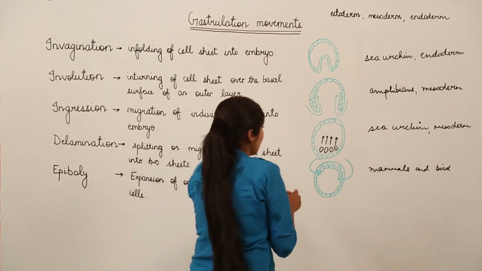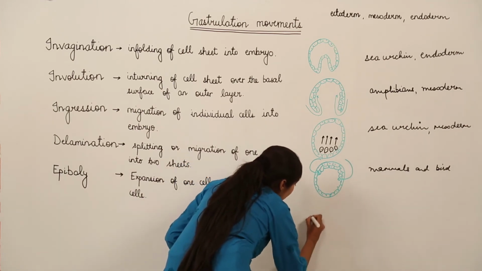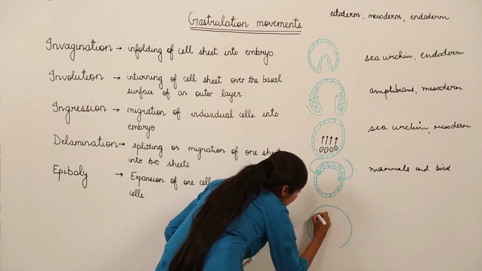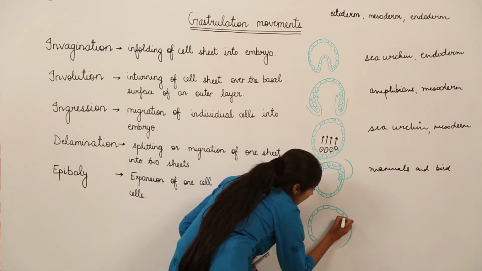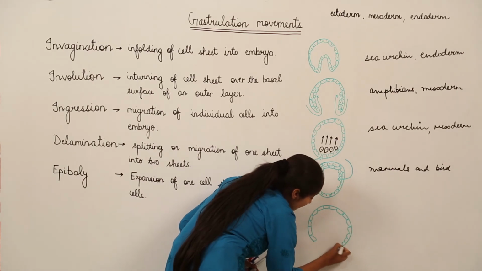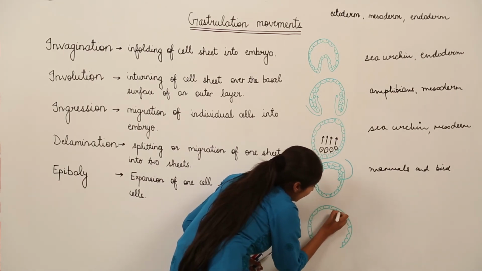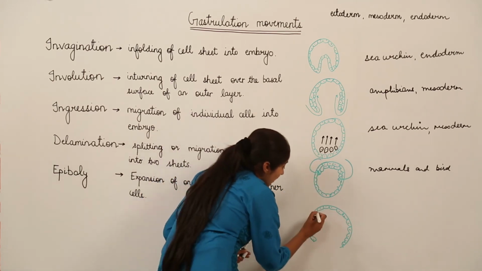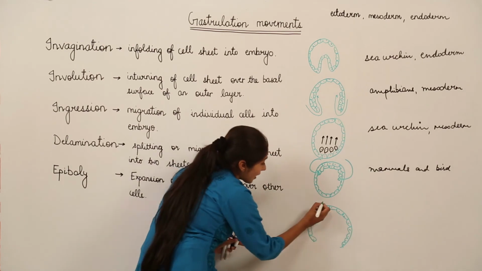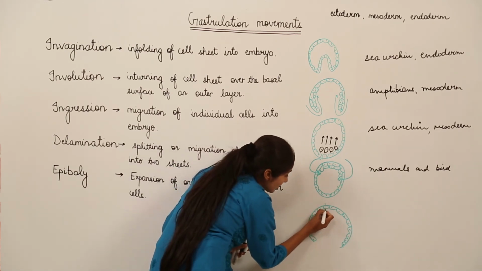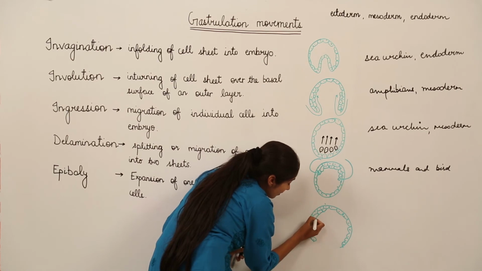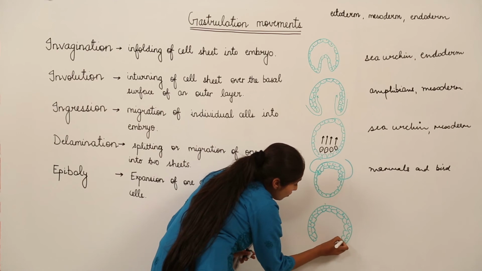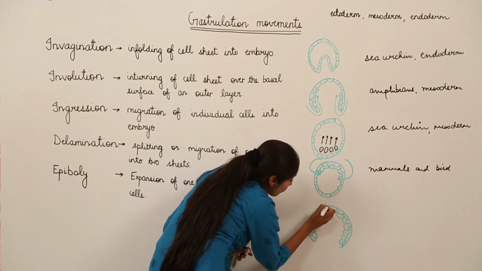How will we show it? We will show it in a way. Here is the layer of cells. We are going to draw this layer of cells in this way. Okay, a nucleus, again, it's very important. Next, what is going to happen? This is a layer of cells, and here also we have a layer of cells, another layer of cells. And now what is going to be the movement?